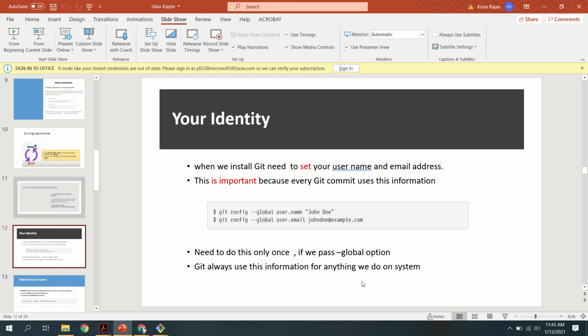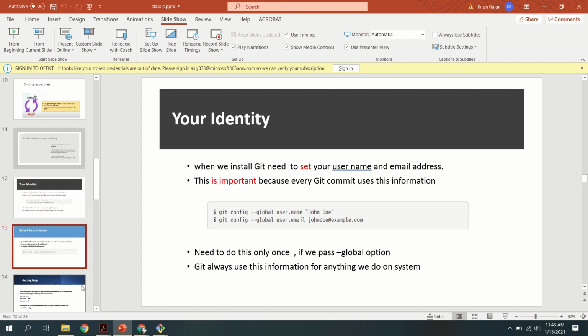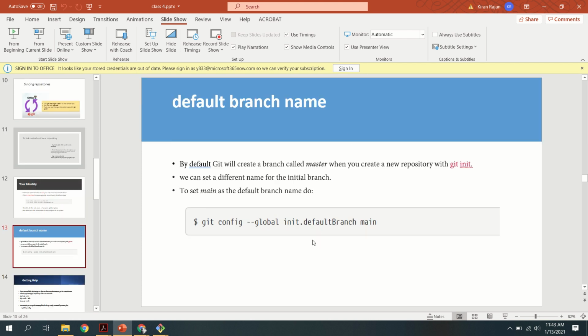As I said, if you are using this global option, its meaning is that you specify your information, that this is my username, this is my mail ID, and you need to intimate your system only once. So that is the advantage. The next thing is how you can set the default branch name. Default branch name means that whenever you execute a git init command in your system, automatically a .git folder will be created. So that will act as your main or root branch.